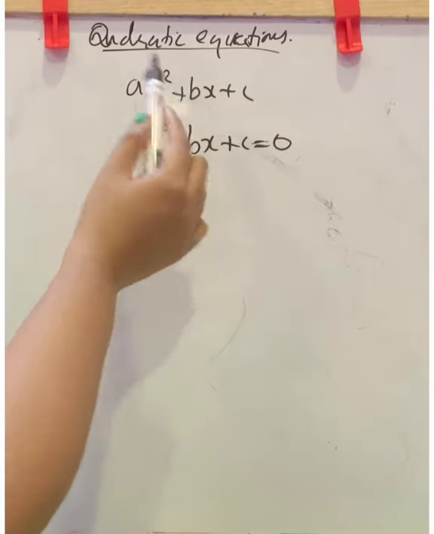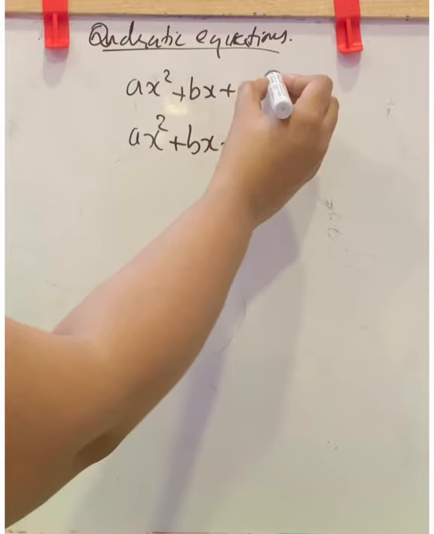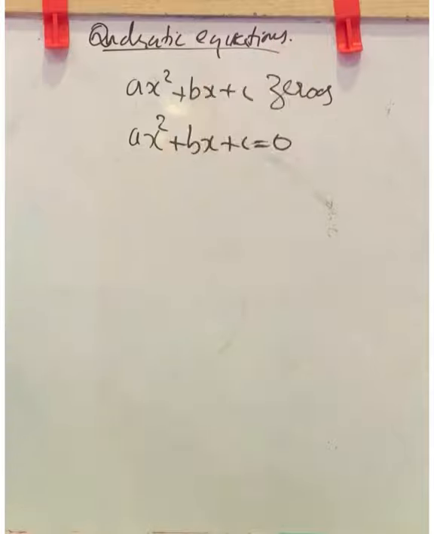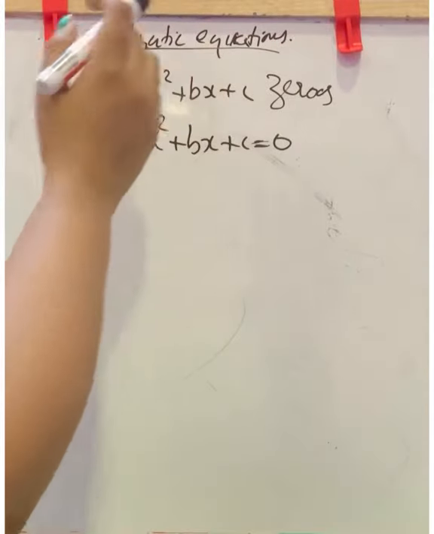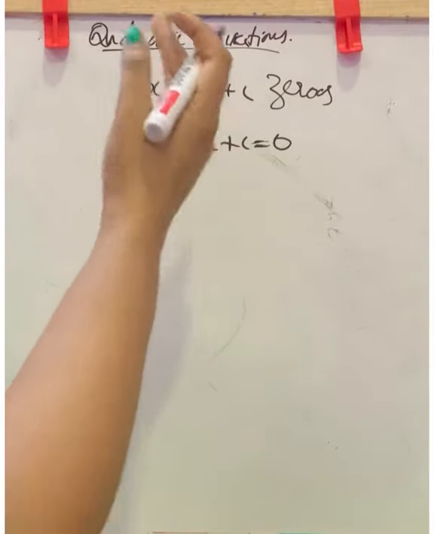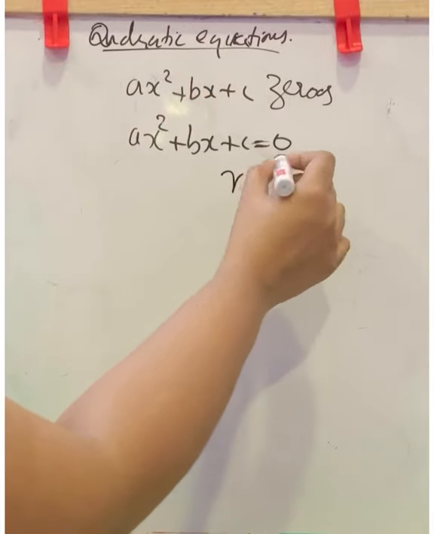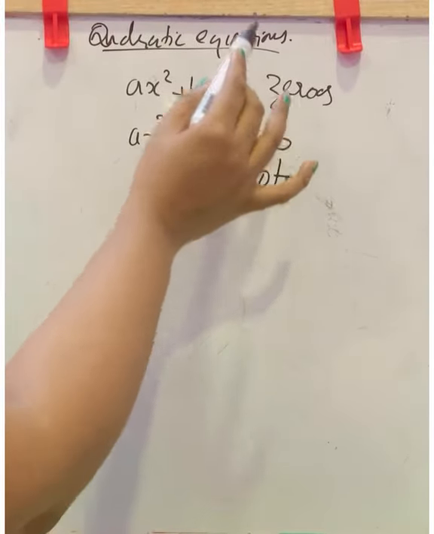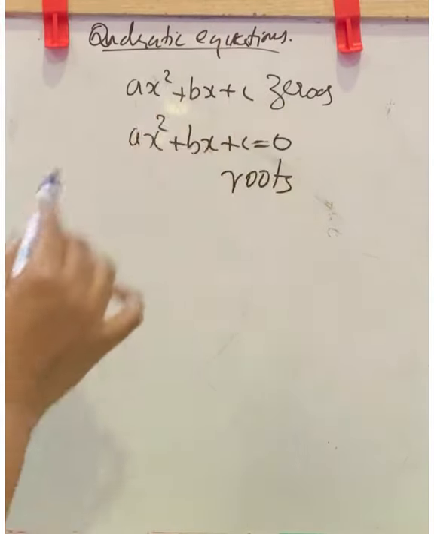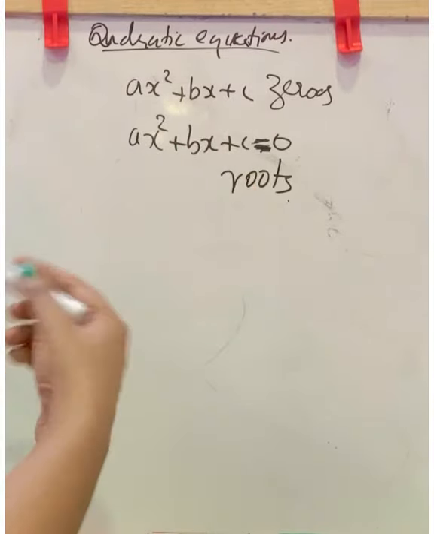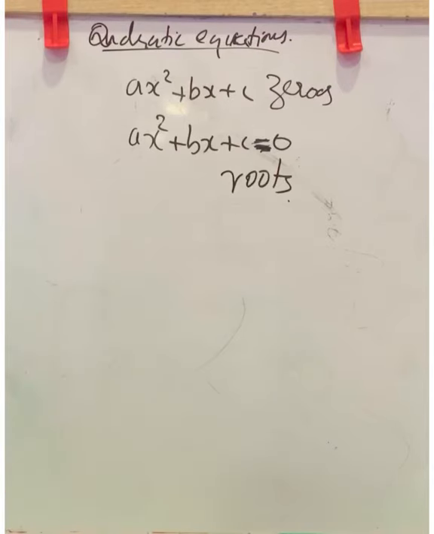So here the solution is said to be the zeros of the polynomial. This is the polynomial, so we say zeros of polynomial while we find the solution. In case of a quadratic equation, after finding the solution, we say it is the roots of the equation. So both are the same. Here the solution is said to be the zero of a polynomial. Here the solution is said to be the roots of the equation. Let us check how to find the roots of quadratic equations through an example.